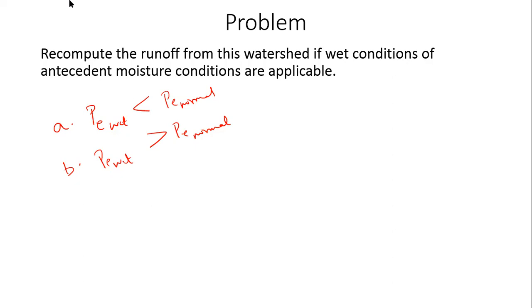We are not discussing which one is right now. We are trying to understand why you think B is right. If the soil is already wet and I receive the same amount of rainfall, will there be more runoff or less runoff? You are saying there'll be more. Just tell us why. Because it's already wet, maybe there will be less infiltration. Okay, so maybe there will be less infiltration.